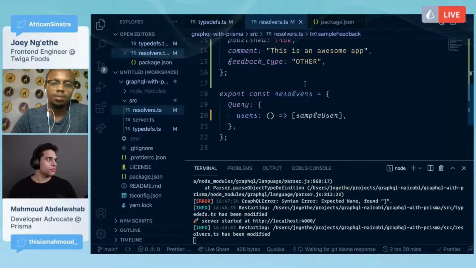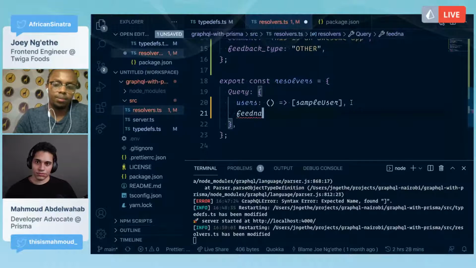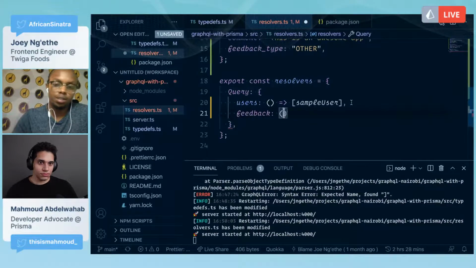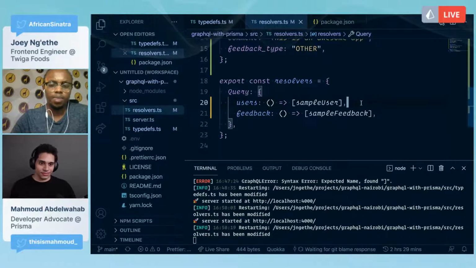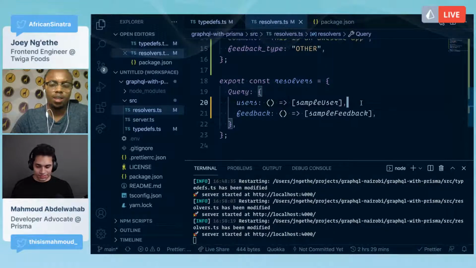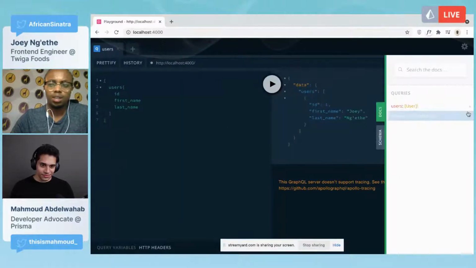Then here we can say feedback, a function that returns feedback. Then we can check this out. Yeah, now we have feedback.